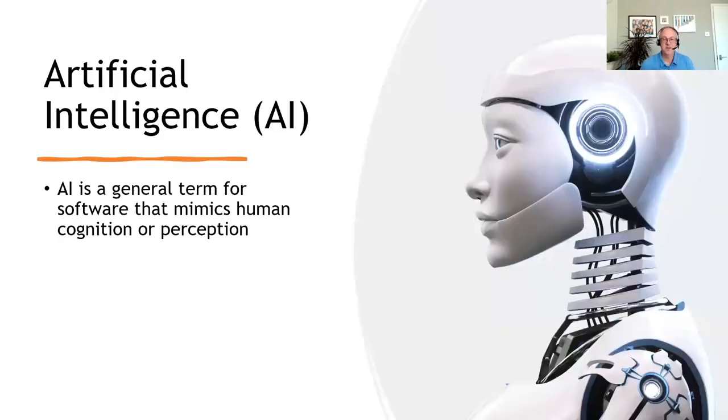So let's start. Artificial intelligence. Well, you can read it there. It is a general term. It's been used quite widely to cover lots of different things, but essentially it means software, computers that can mimic how a human thinks or seems to think. So it's basically trying to replicate the thinking process of a human. Somebody at the webinar mentioned the Turing test, and the Turing test is around how well a computer can mimic the actions of a human. And that's what AI is. It's essentially mimicking human cognition or perception.